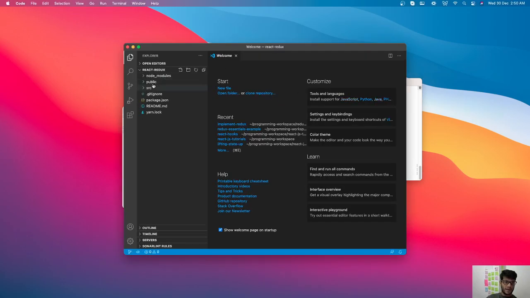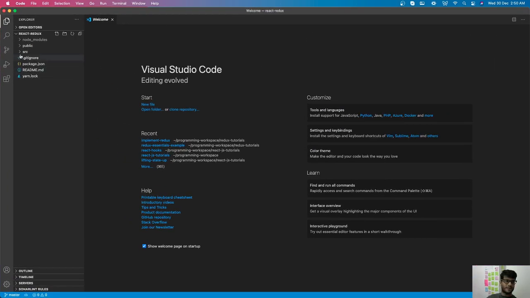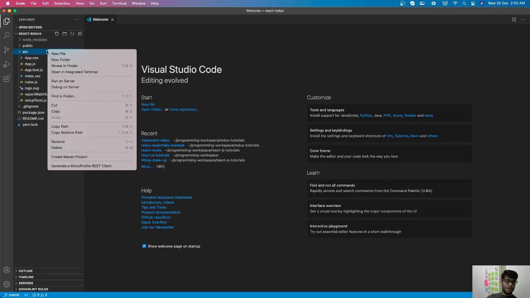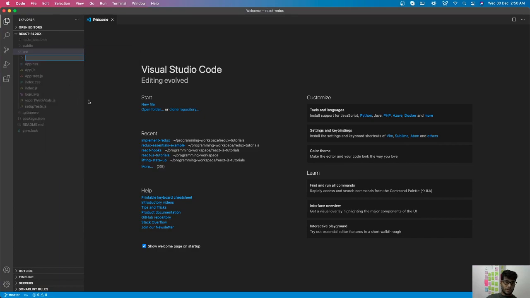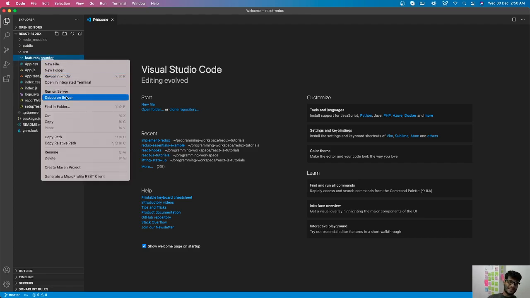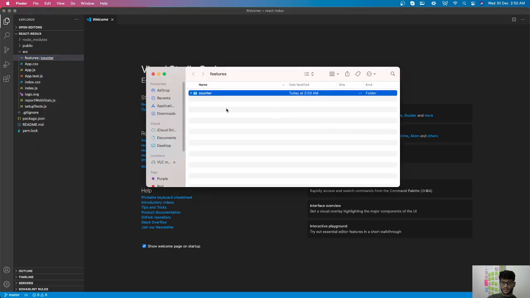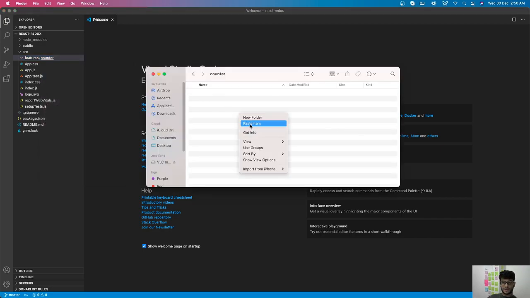When we have VS Code opened, create new folder. We'll call this features, and I want another folder inside it. I am going to call this counter, and reveal in finder, open it, paste